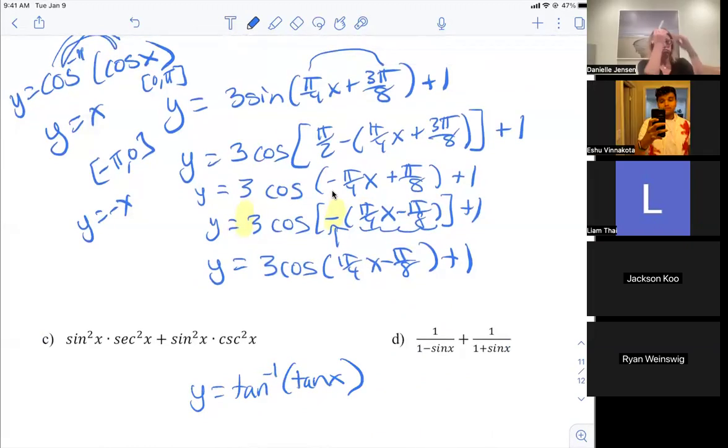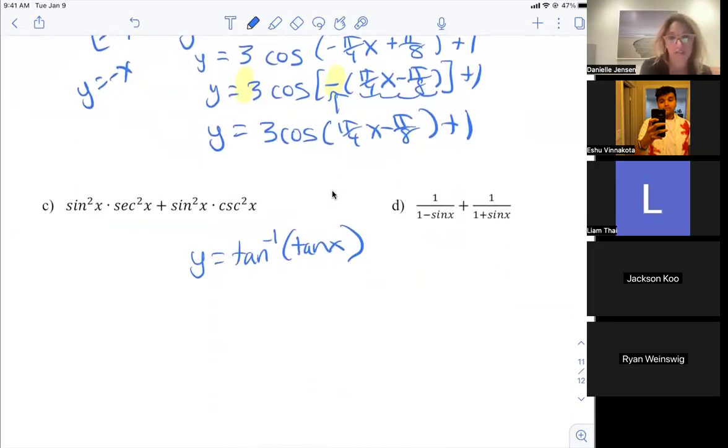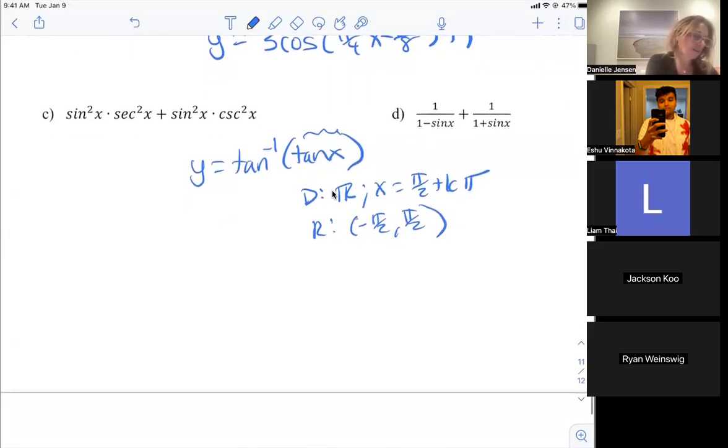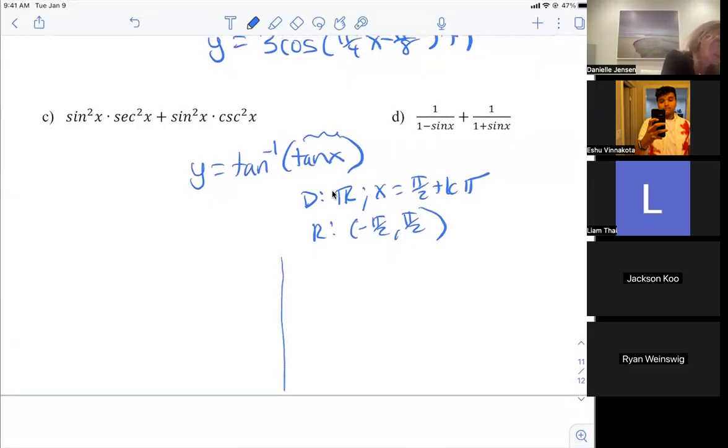This is actually a little bit more complicated because x is in all reals, right? So you'd have some places where it's undefined. The domain here would be all reals except every pi over 2 plus k pi. The range is all reals, though, of this, which means inverse tan of all reals, we know, will be negative pi over 2 to pi over 2. Right? So if I were to go about graphing this,